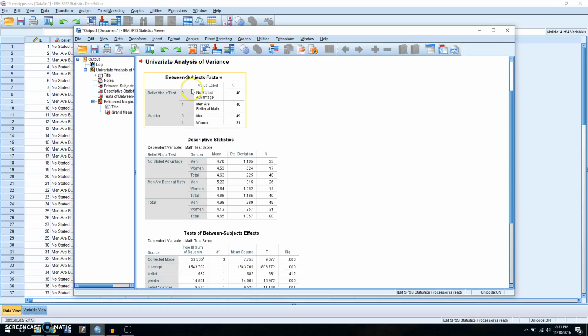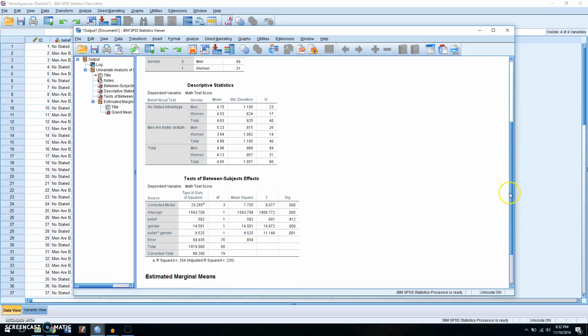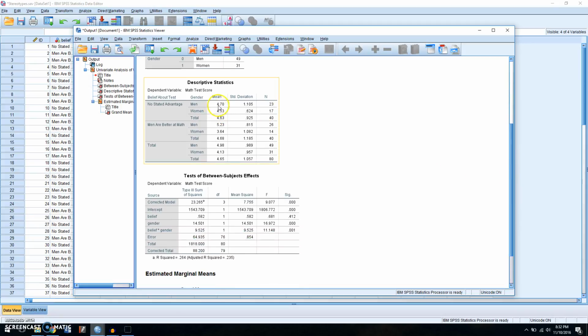All right, so you can see our design, our 2x2 design. We have our two independent variables, both of them with 2 levels. Next up under that are the descriptive statistics. So we have everything we could possibly want, from overall down to the very bottom, the total. This just means the mean test score when we collapse all the conditions together across all the people in the study. The mean is 4.65,